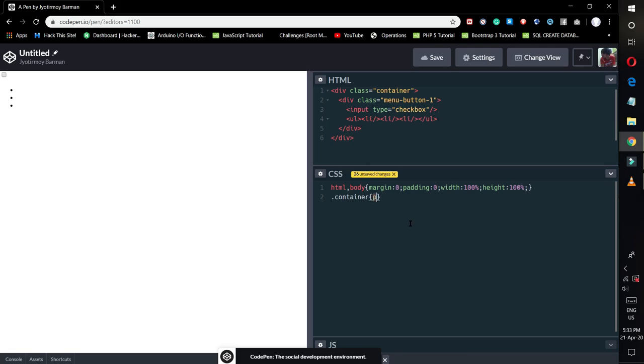so I'll position it as relative. Okay, sorry for the typing mistake. Aside from the typos, and then I'm going to place top as 50% so that it places in the middle. Okay, left as 50% so it comes in the center. Okay, small typo, sorry. And then I want the width to be fit-content,